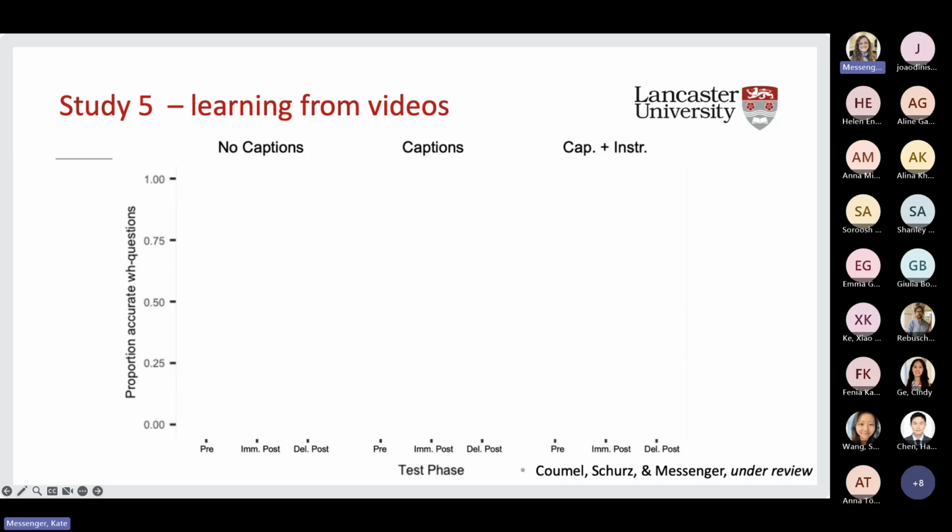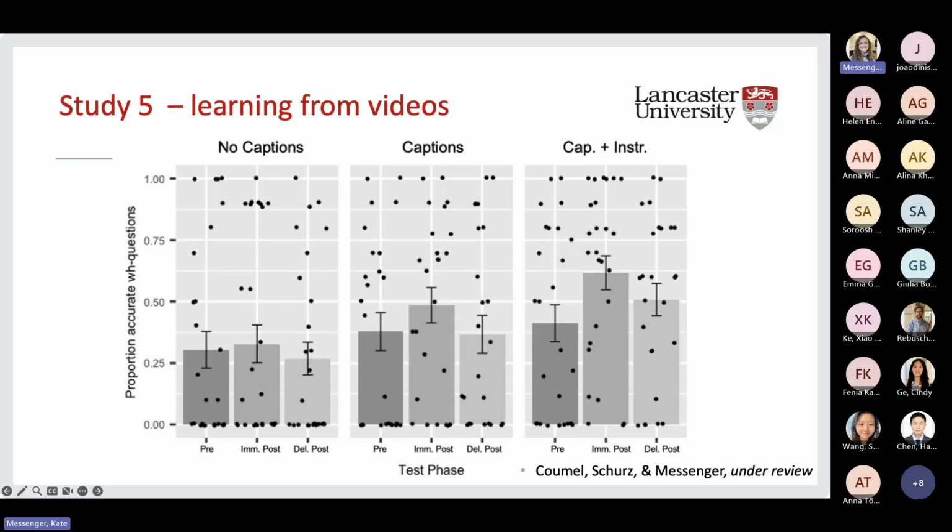So this graph will look a little bit different to the last one. So this is just a pre-test, post-test comparison. So we're looking at the proportion of accurate questions. So not one structure after a target structure or not, but what frequency of questions were accurately produced in the pre-test, the immediate post-test, and the delayed test for the people with no captions, captions, or instructions. And I hate this graph because it looks like it's got measles. It makes my skin crawl a little bit. But those dots are individuals, so you can see the range of performances between individuals as well as the mean